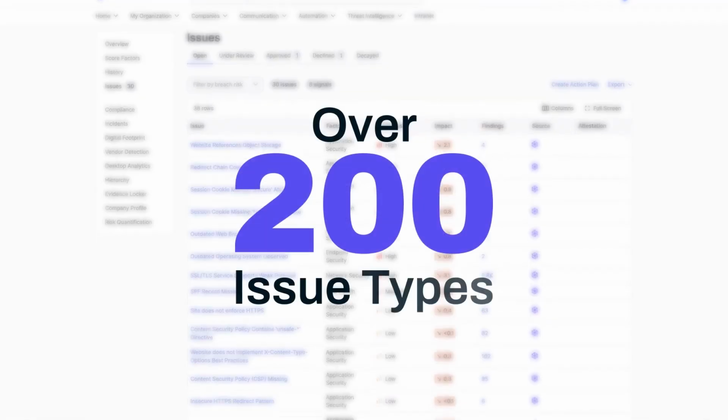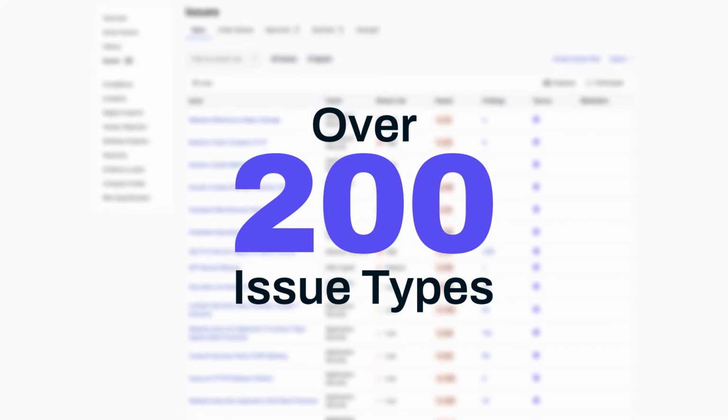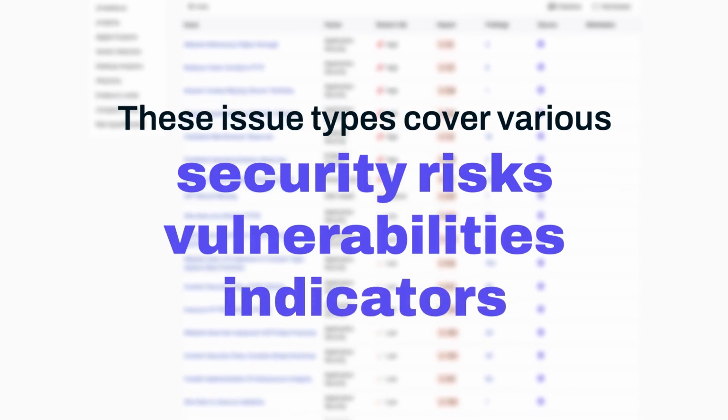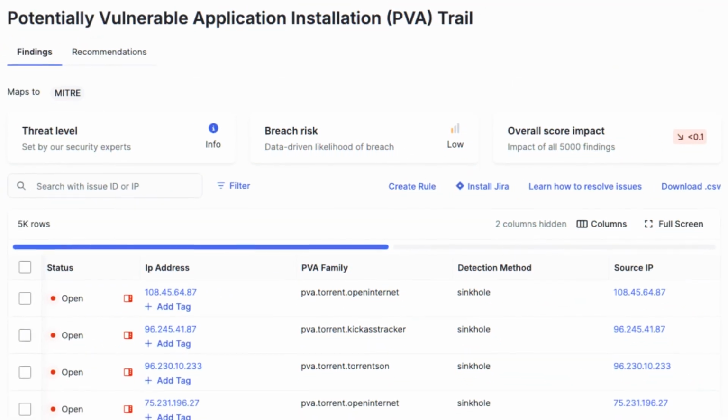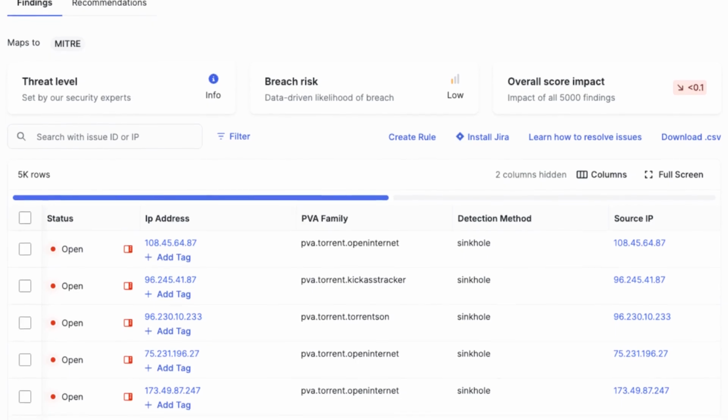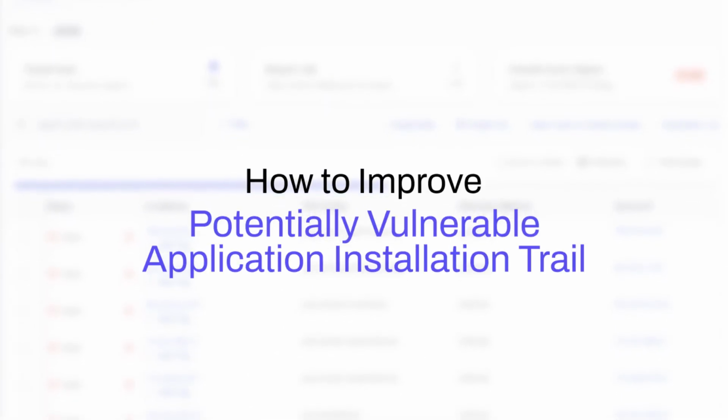There are over 200 issue types in SecurityScorecard's platform. These issue types cover various security risks, vulnerabilities, and indicators, all of which affect an organization's security rating. Let's jump in and better understand the issue type called Potentially Vulnerable Application Installation Trail. In this video, we'll cover what this issue type is, why it's important, and recommendations on how to improve this